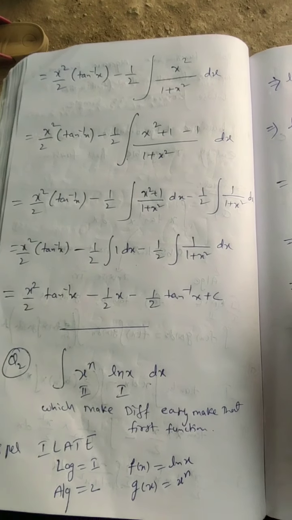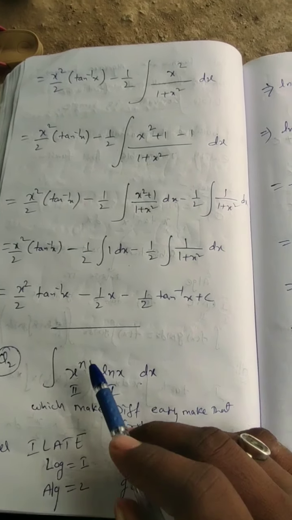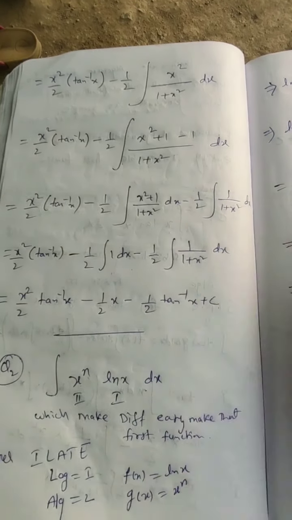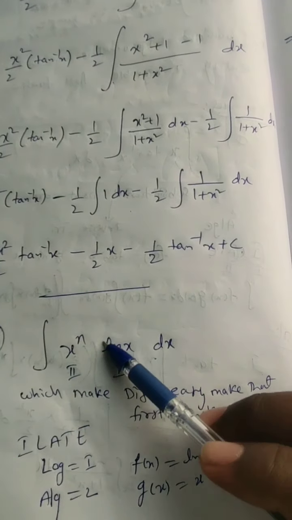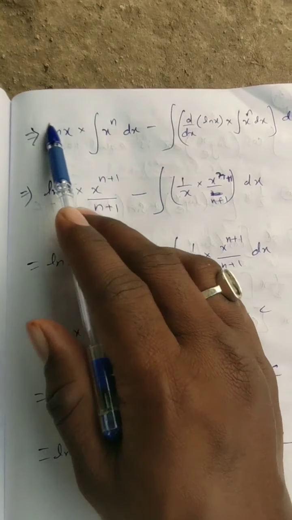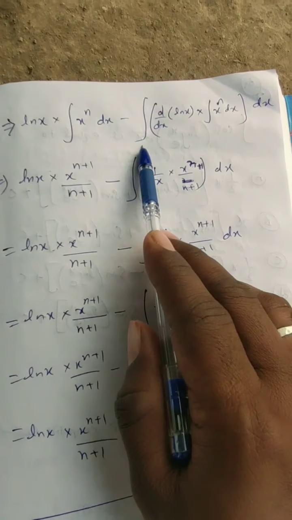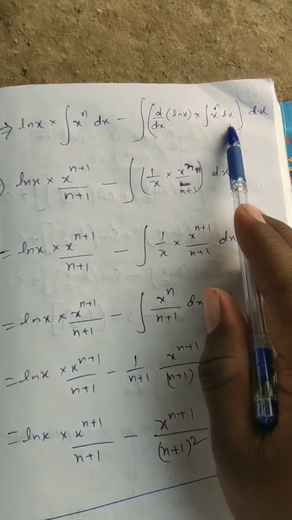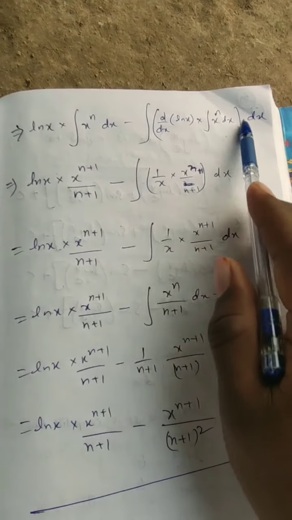Okay. Now we will integrate this one. Before that, I just want to say, without this ILATE also, you can see which function has easy differentiation. Which function is easy to differentiate, that you take as the first function. That is the thumb rule. Now according to this rule, I have to write the first function out and you have to integrate the second function. First function ln x is out. I have integrated the second function. And then integration symbol, d by dx of first function into integration of second function, the product whole in dx. Means we are integrating the product.